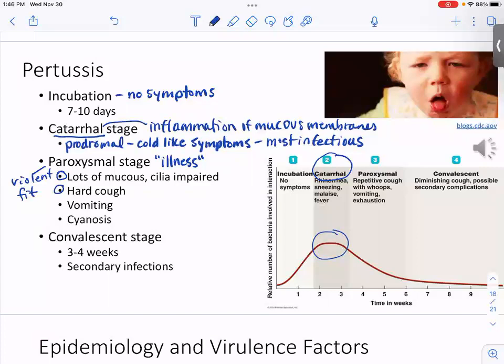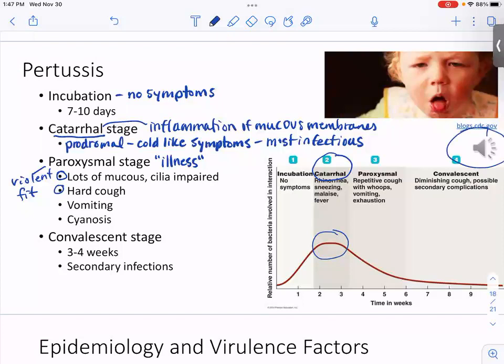Let's see if I can get this to come up. The whooping sound. Okay, it's not working for me. But there's a little recording. If you hit that little megaphone there, listen to that sometime. That whoop sound happens after the cough when the kids are trying to get air. So that kind of a noise. After a while, like, just shut that off. I can't listen to that anymore.